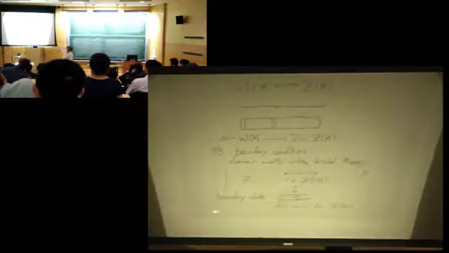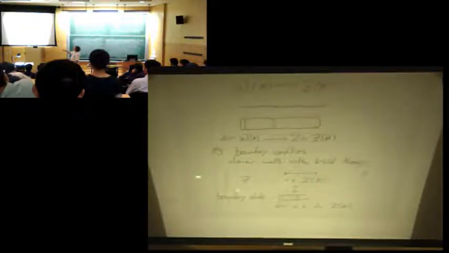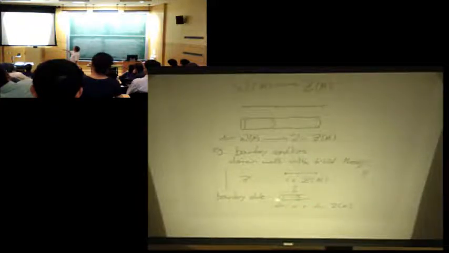And so, maybe the most useful example of a domain wall is a boundary condition. So if you have a domain wall with a trivial theory, you just have the theory Z, and you have a way of just putting a boundary on it. Then that's, if you'd like, giving me an element of Z of M. It's whatever I assign to this empty set, giving me something in Z of M. So that gives me what you might call the boundary state. I have a boundary condition, an element of Z of M. It gives me a boundary state, which is an element of dim Z of M. This is a way to formalize boundary states in this theory.